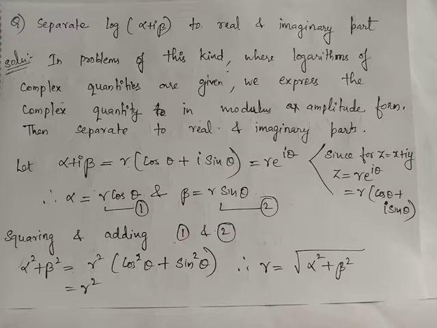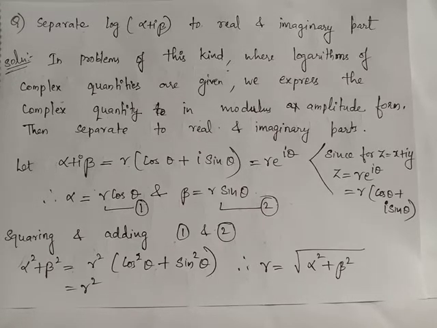So we can express alpha plus i beta in modulus amplitude form. In general, for a complex variable z equals x plus i y, the modulus amplitude form is z equals r e raised to i theta, which can also be written as r (cos theta plus i sin theta). e raised to i theta equals cos theta plus i sin theta is popularly known as Euler's identity, and we know that r is given by root of x square plus y square and theta is given by tan inverse y by x. Here we could arrive at z equals r e raised to i theta using the formulas x equals r cos theta and y equals r sin theta. Similar deductions are made here.